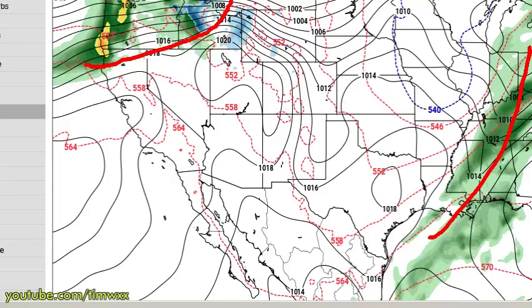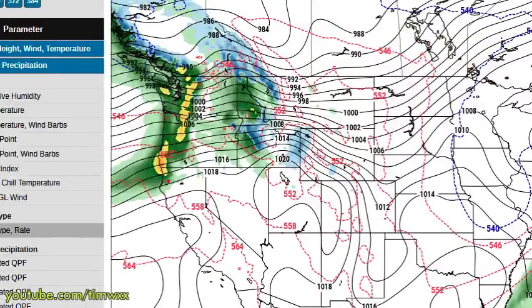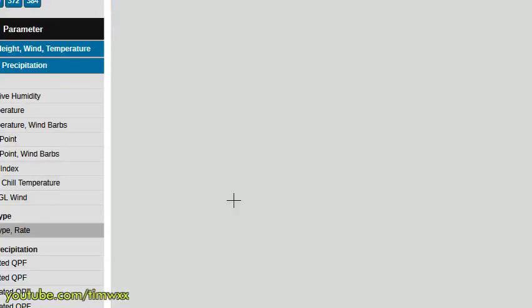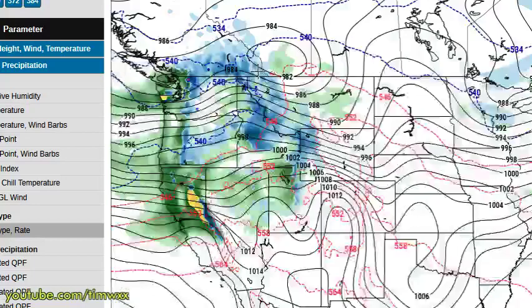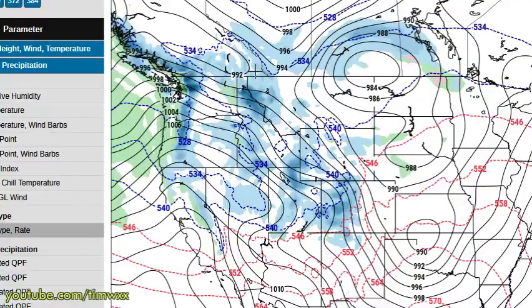Looks like the Pacific Northwest really opens up here. See that very strong gradient there in Oregon and Washington. That's going to mean strong winds for that area. This is going to be on Tuesday. Then on Wednesday, we have another system coming on shore. Things look pretty quiet in Texas. Then for Thursday the 19th,